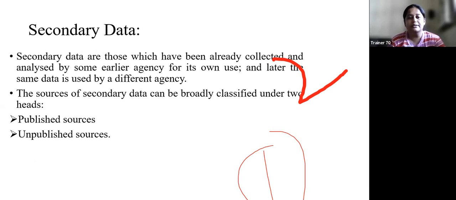Now, secondary data can be collected from published sources or unpublished sources. By published sources, we mean the various magazines, journals, journals by government agencies. So they are called the published sources. Unpublished sources means there are various libraries. उन libraries में भी बहुत सारे registers maintain है, record books maintain है. वहां से अगर आपने कुछ data collect किया है, so that is known as unpublished sources.